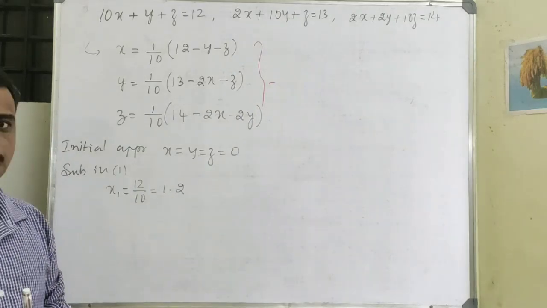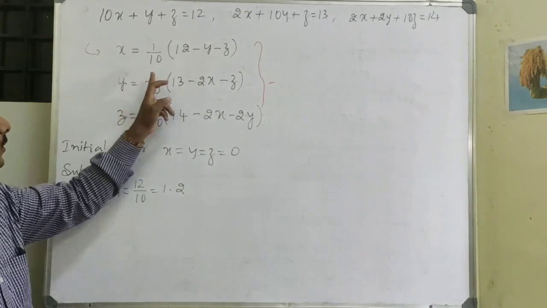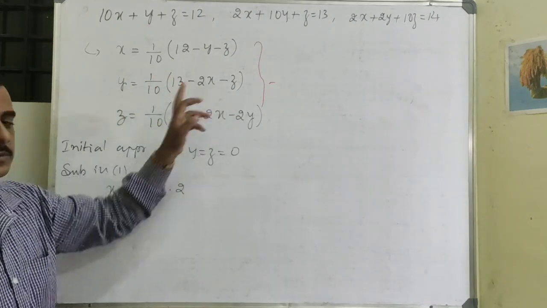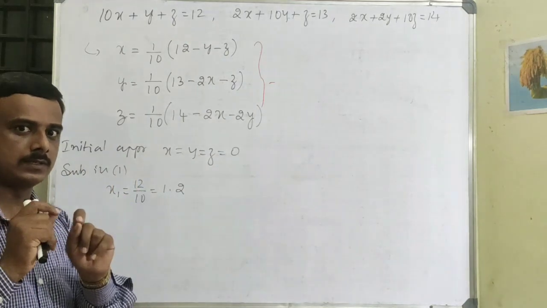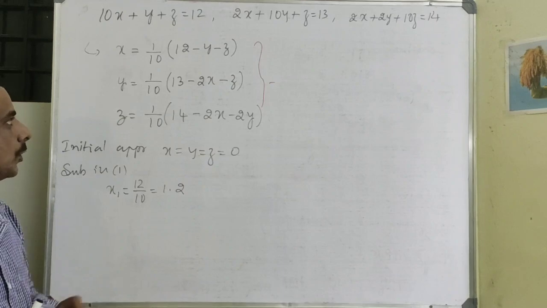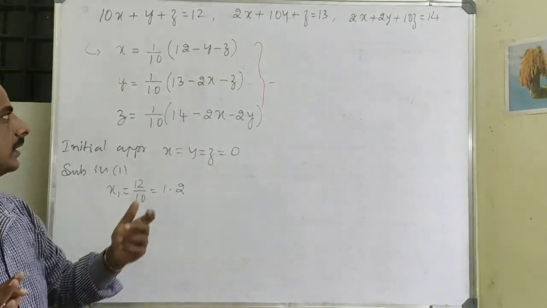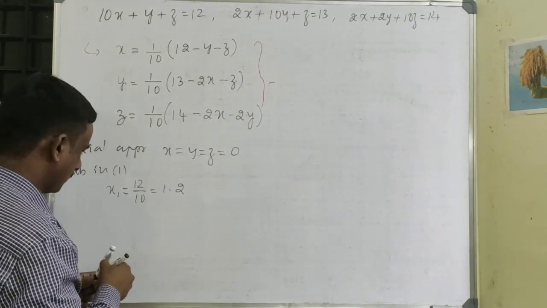12 by 10, 1.2. Now, I have the second equation, y equal to 1 by 10 into 13 minus 2x minus z. Now, here is the difference between the Gauss-Seidel and Gauss-Jacobi methods. So, don't substitute x equal to z equal to 0 here. Instead, take z equal to 0 here. So, y1 equal to